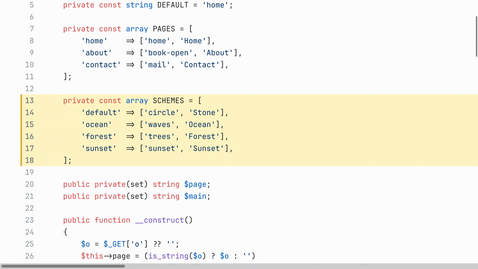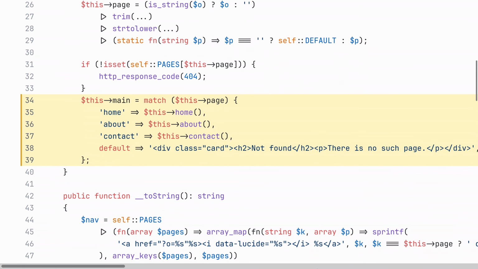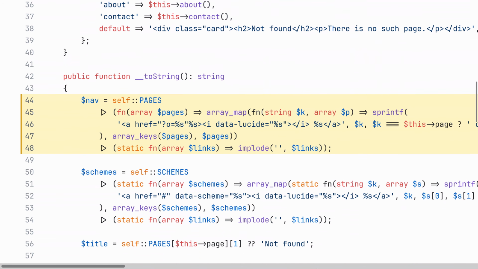The request selects a page exactly as it did before, and a match expression returns that page's content, or a clean 404 for anything unknown. The navigation links are built with the pipe operator, mapping every page to an anchor and marking the current one